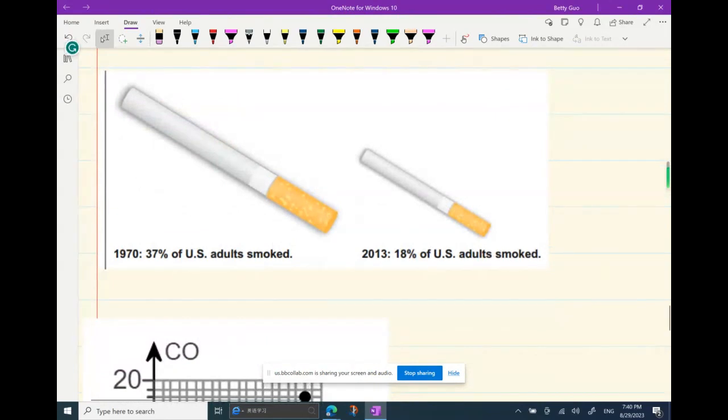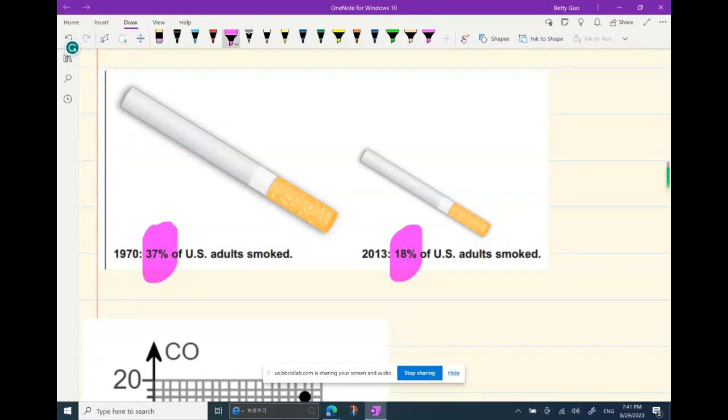2 cigarettes. Both of them are 3-dimensional figures, because you can see it's a cylinder. The one on the left represents the year 1970. In 1970, 37% of US adults smoked. And the one on the right says the proportion of US adults who smoked in 2013, and the percentage is only 18%. If we only look at the two numbers, 37% and 18%,